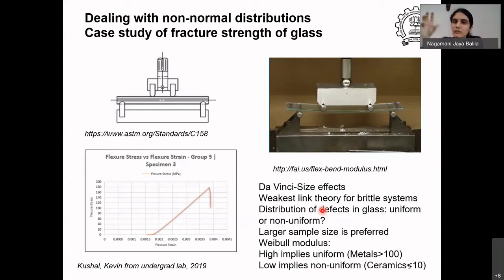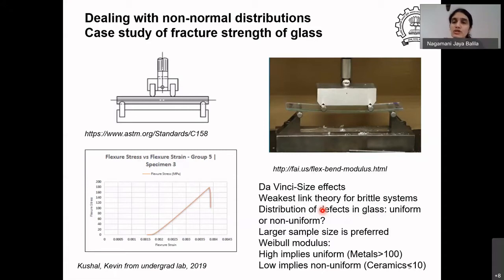Because anyway these contain defects, but we need to know whether the distribution of defects is uniform, such that if I take blocks of glass from various locations, let's say I have a large pane of glass, and I cut it or cleave it and take smaller parts of it, then I should know reliably that the distribution of defects is going to be the same everywhere, so that whatever strength I have measured from one set of experiments, I can use that same strength and calculate the factor of safety.